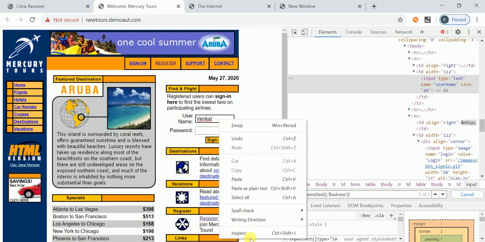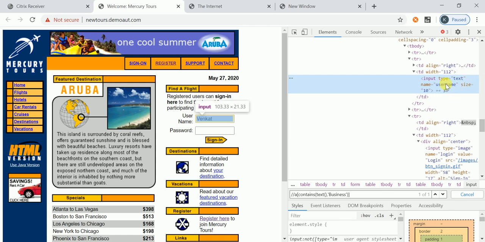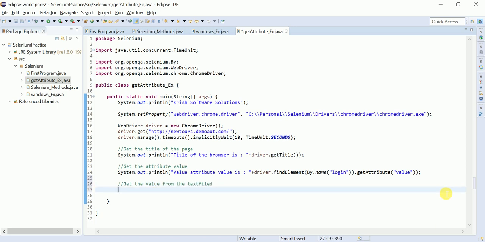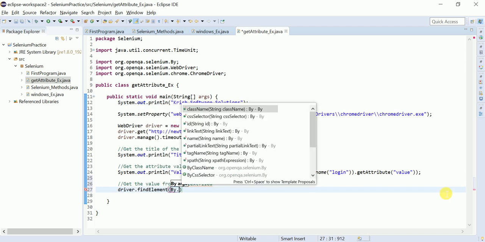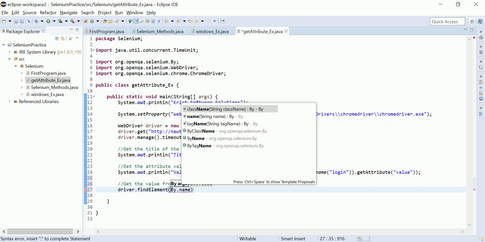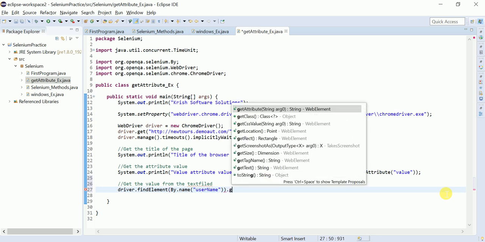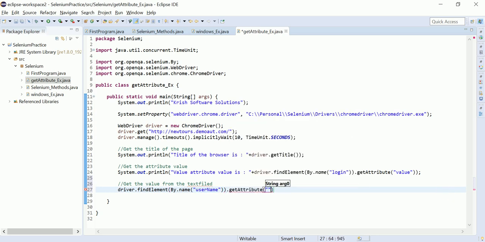First you need to inspect this. Name, username is there. How can you write? Okay, get the value from the text field. Driver dot find element. We are finding the element by using name, and I want to get the get attribute of value.